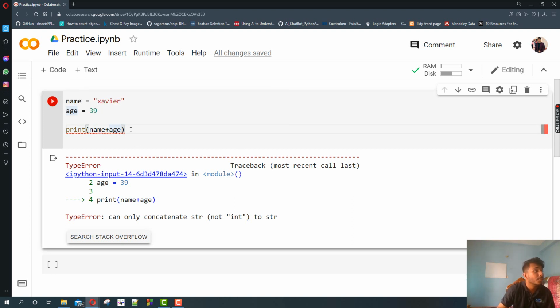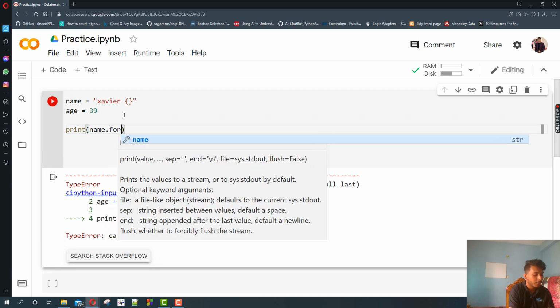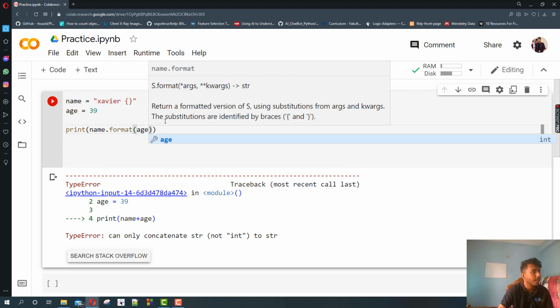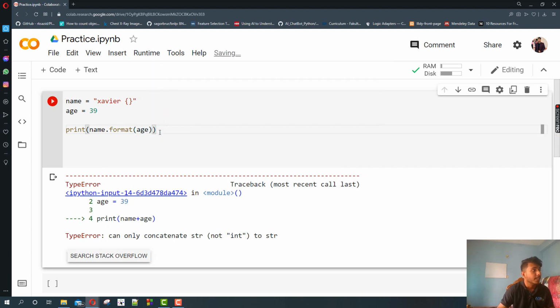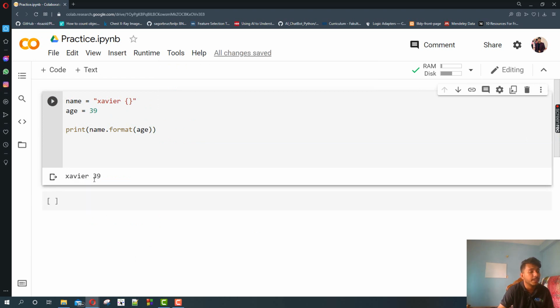Here you have to specify a format specifier. In Python you write these two curly brackets. Now if you write print name dot format, and here you pass the argument, which is age, see, Javier and 39 are concatenated.